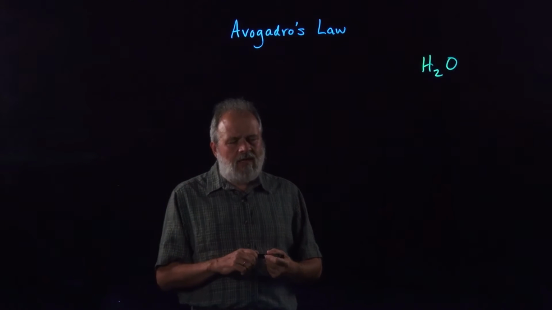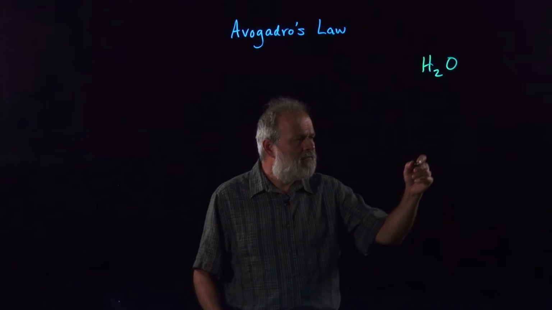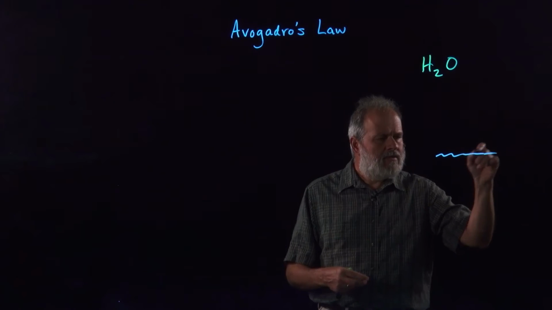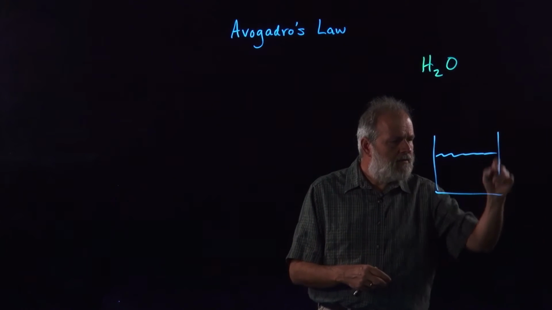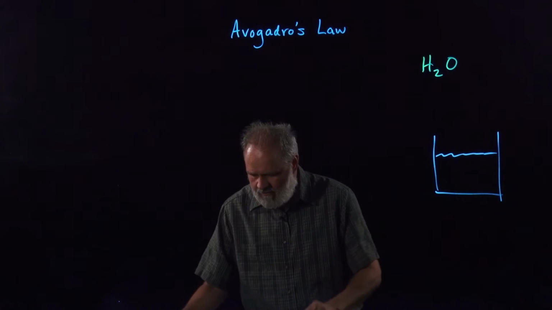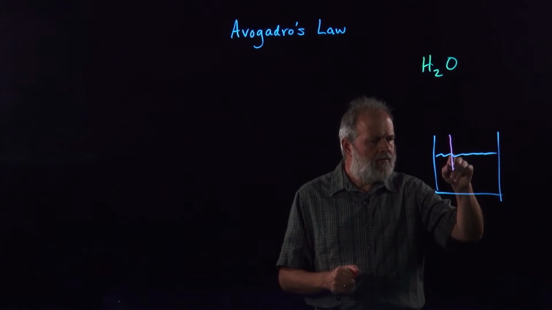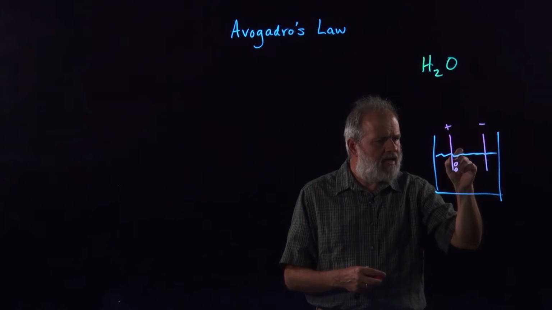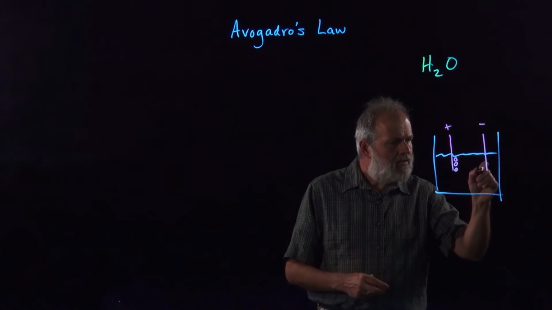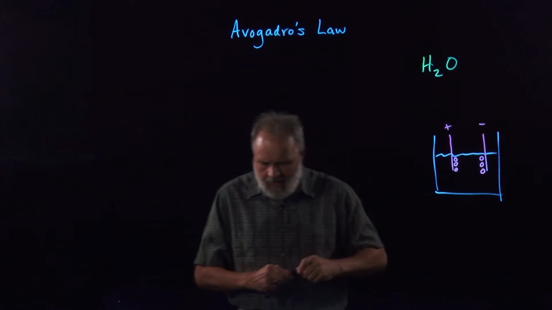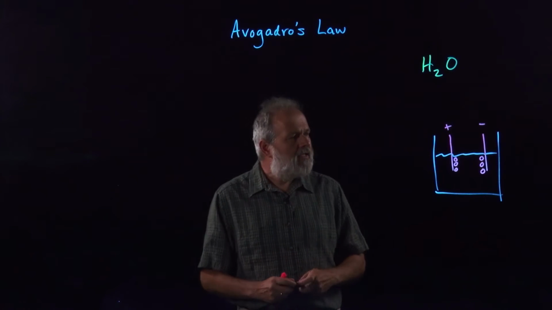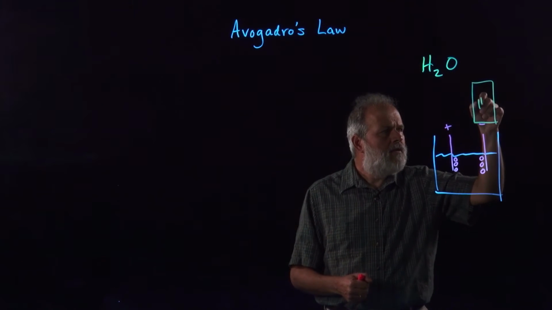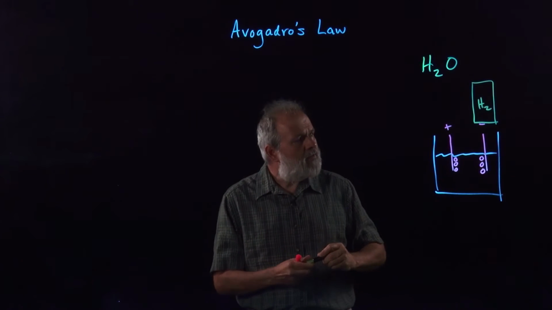Well, when you break apart water into the elements with electricity, okay, so you have some water here, and you apply electrical current, it generates some bubbles of gas, and you'll get hydrogen at one of the electrodes, and so you collect the gas, and you get H2 at that electrode, and the amount of oxygen